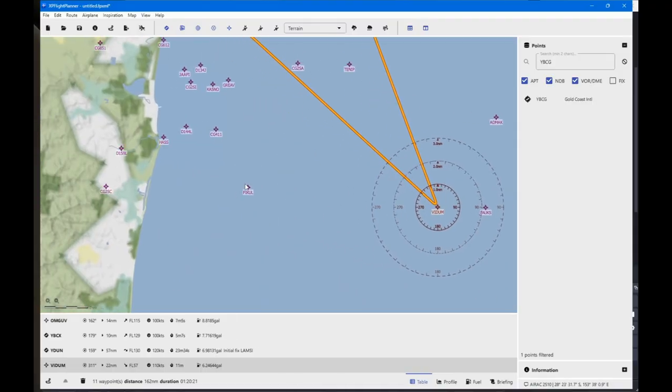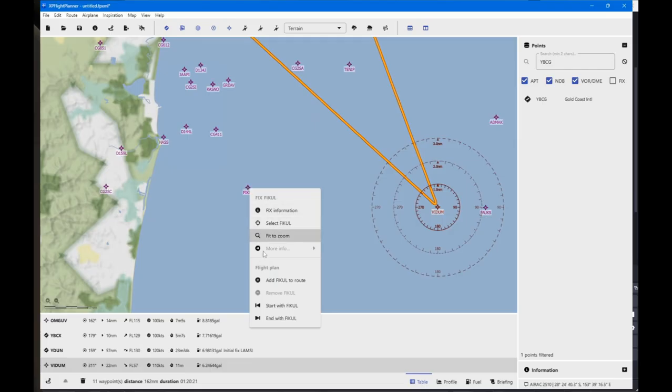So just wait on. So if I click on that, and if I go, where is it, add to the route,